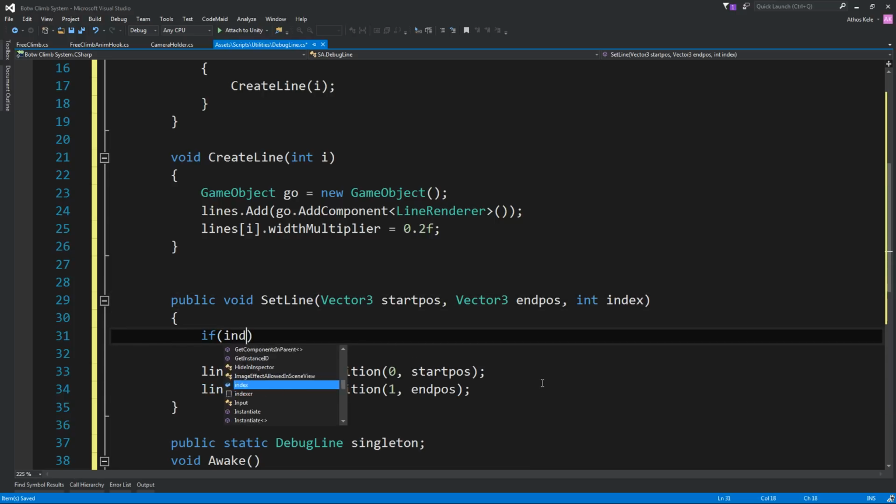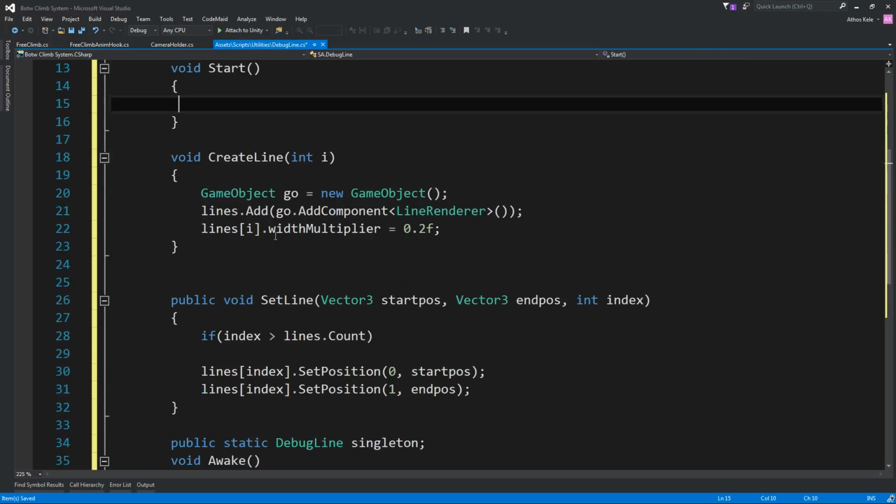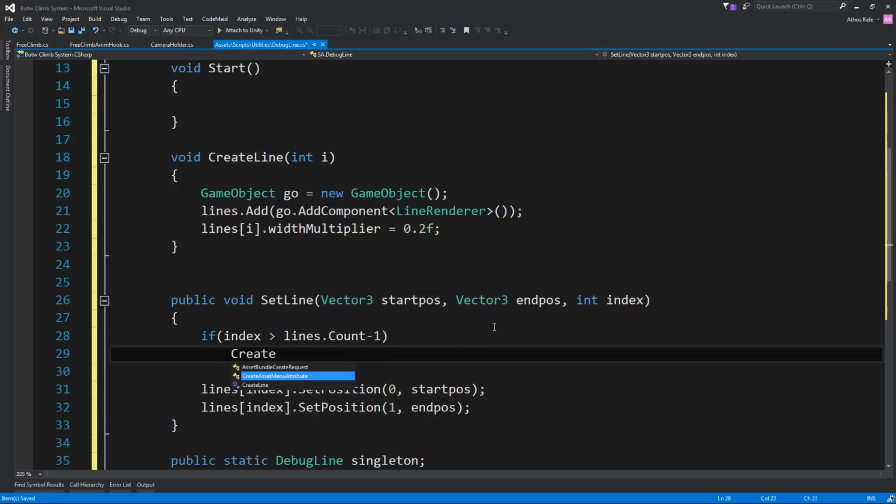Now if the index is higher than lines dot count, actually, you know what, we don't even need this right now because we can just create them over here. So minus 1, create line index.